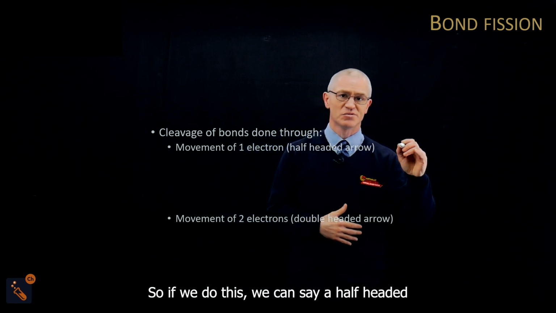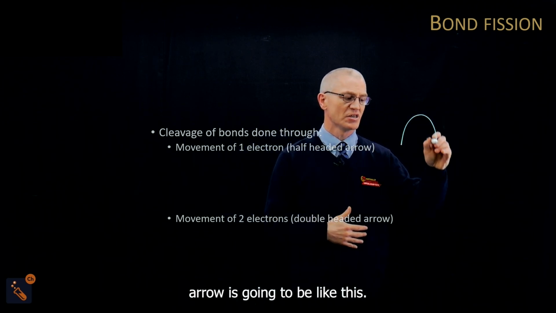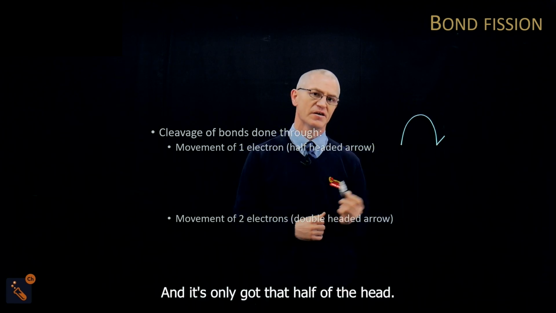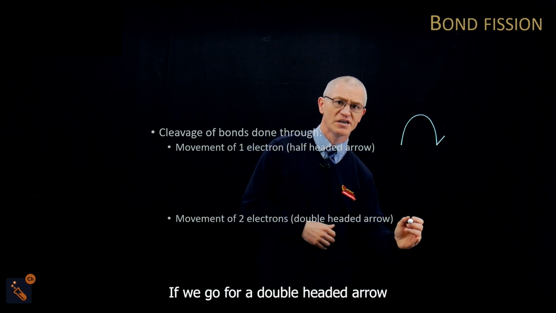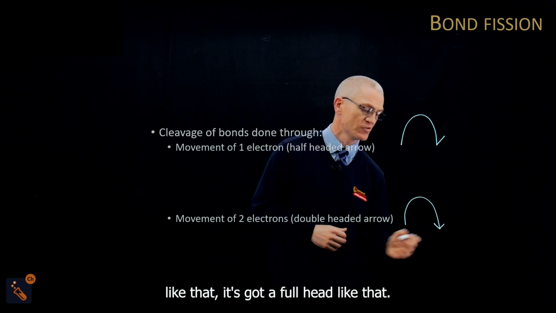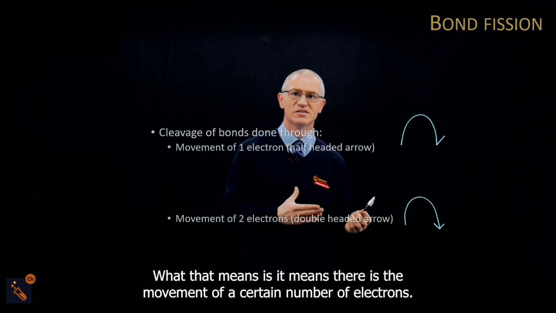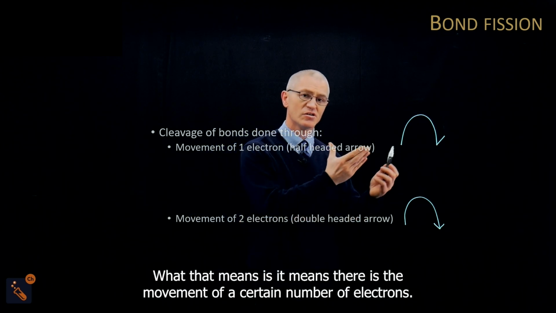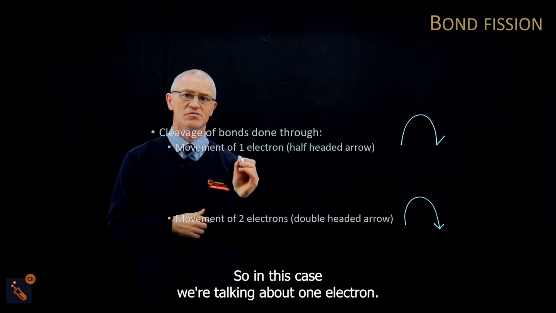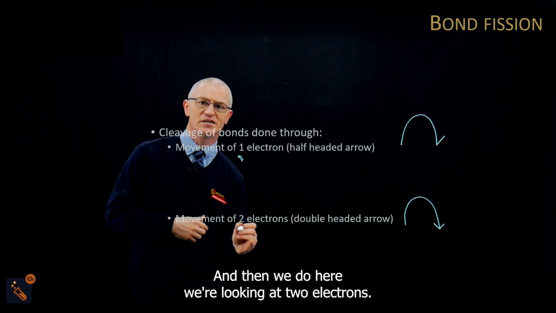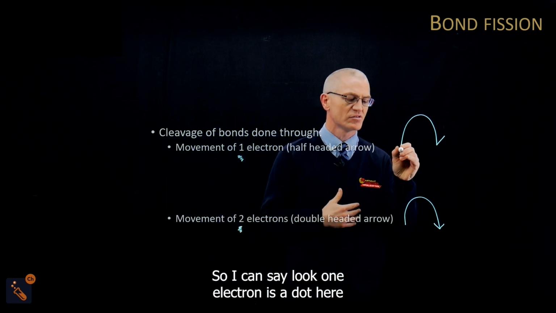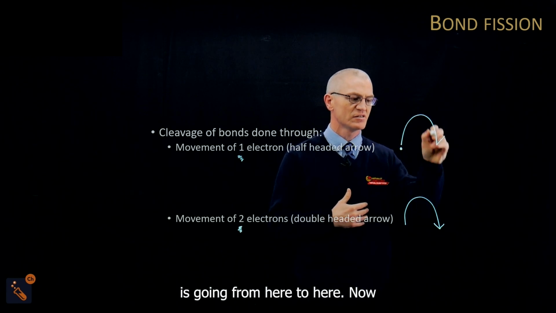So if we do this, we can say a half-headed arrow is going to be like this, and it's only got that half of the head. If we go for a double-headed arrow, like that, it's got a full head like that. And what that means is there is the movement of a certain number of electrons. So in this case, we're talking about one electron, and here, we're looking at two electrons. So I can say, look, one electron, let's do it as a dot here, is going from here to here. Now,